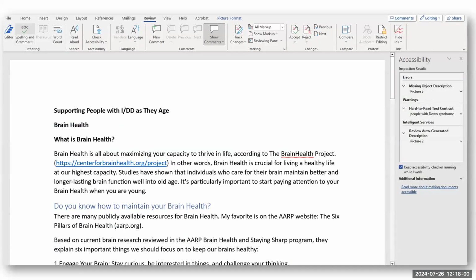So this is what Microsoft Word looks like. Under Review in the top toolbar, you'll see the Check Accessibility button. If you have a slightly older or different version of Word, you may need to browse around to find it, but you'll most likely see it under Review like you see mine here. When you click to check